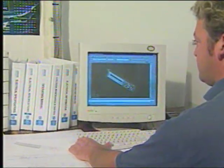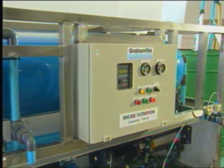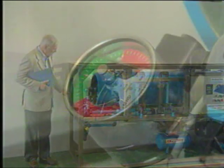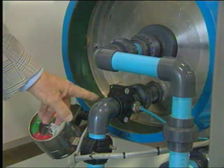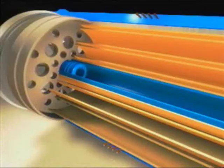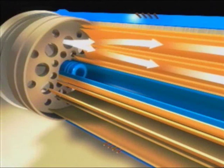Membrane backwashing on the micro and ultrafiltration plus units is achieved by automatic closure of the valve in the permeate outlet pipe, which is controlled by the differential pressure meter. If the delta P is higher than 1, the brine outlet valve will close, followed by the permeate outlet valve. Clean filtered water enters through the brine outlet and creates a reverse cross-flow along the membrane element, flushing filtered water